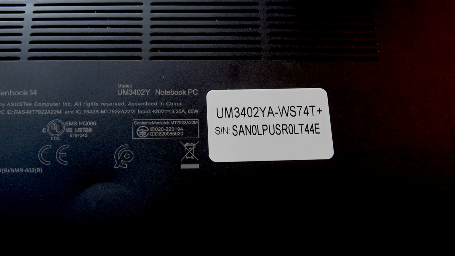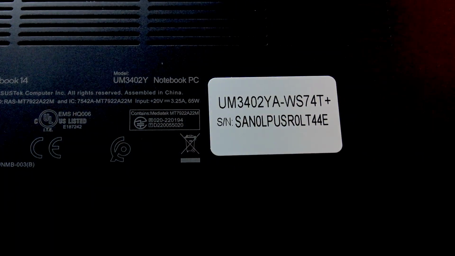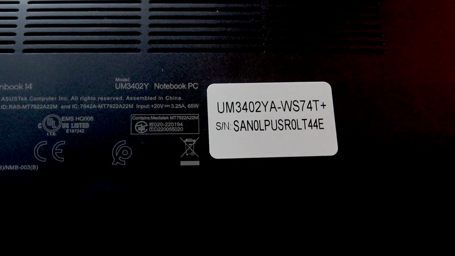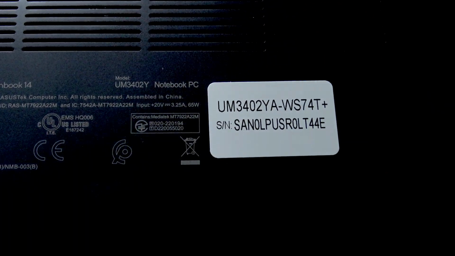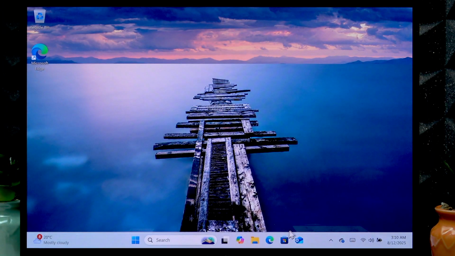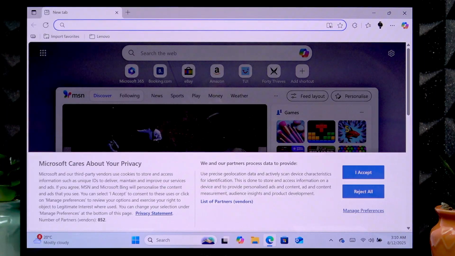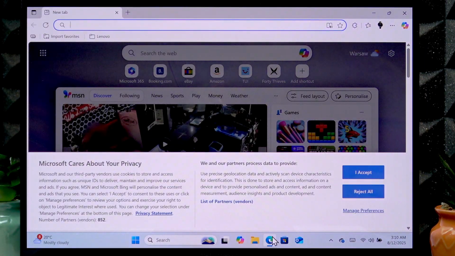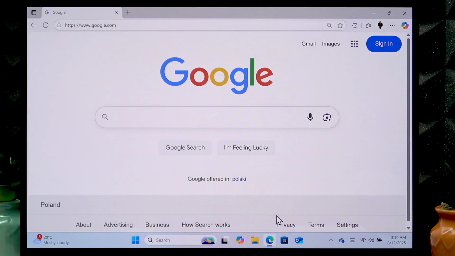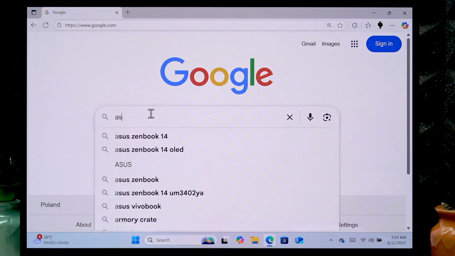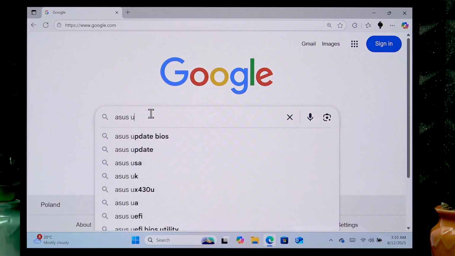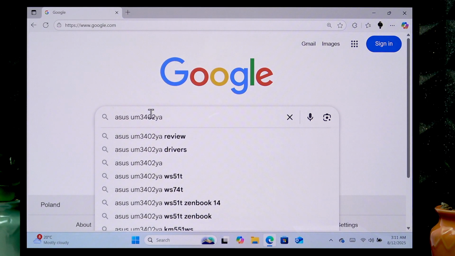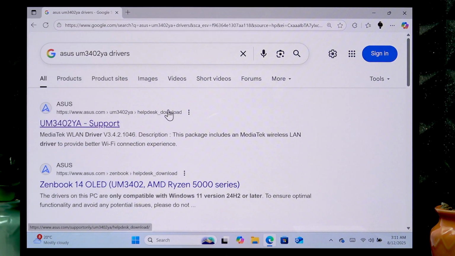So just memorize this model name, write it down, take a picture of it, and then go with the following steps. So open the web browser on your laptop, then open the search engine, for example Google, and here search for ASUS and then input your model name. This is the model name of my laptop, and then input drivers. You'll find the official ASUS support website, open it,